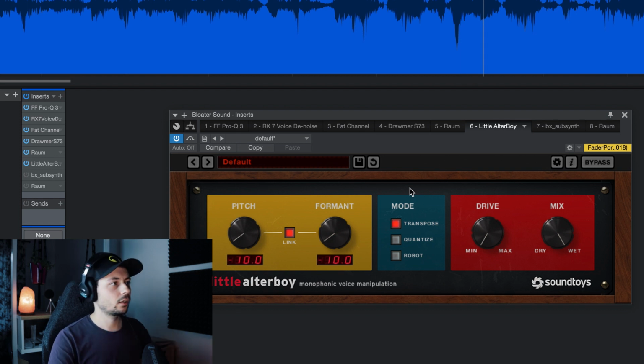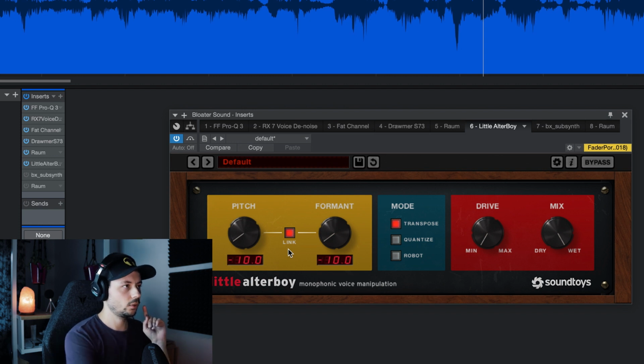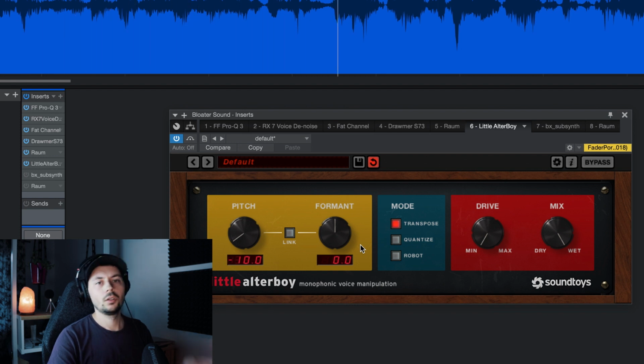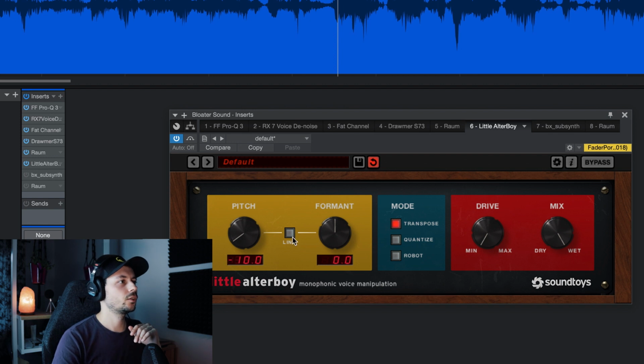So we come really close to the sound. You can obviously adjust what you like, -10, -9, -11, depending, of course, on the sound you want to recreate. What I do now is I delink and put the formant back so you actually hear the difference, okay? So it's a huge difference. So it's important to link them together in order to get this